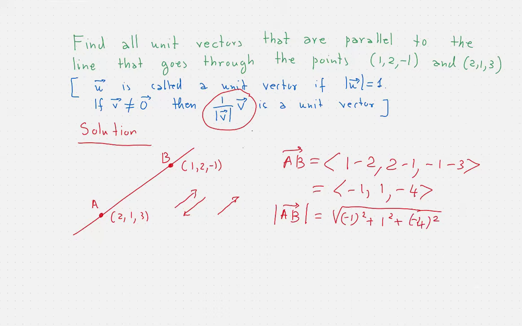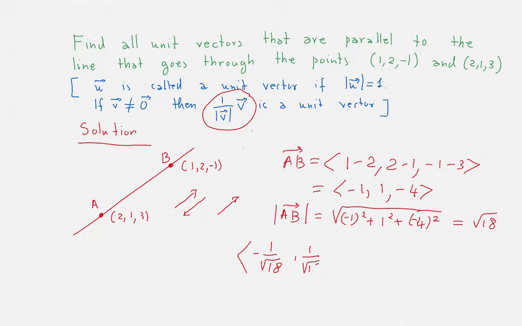And this means that we divide this vector by square root of 18, or if you like more precisely, we multiply by the reciprocal of square root of 18. So this vector will be one of the 2 vectors,